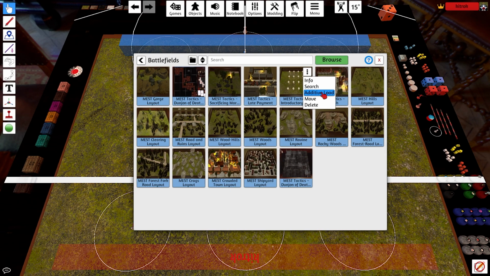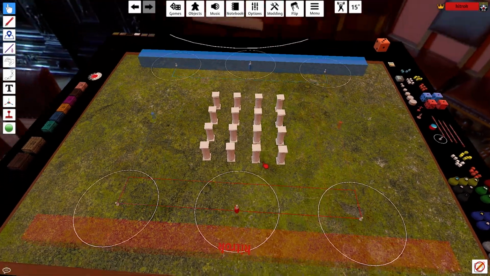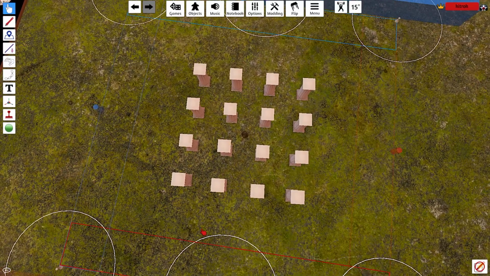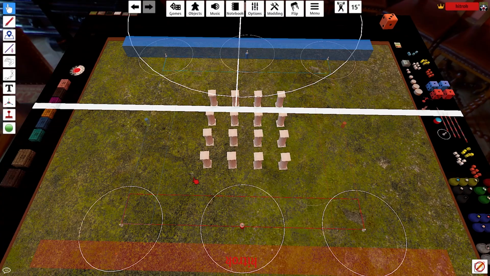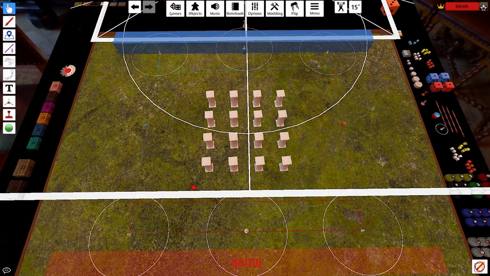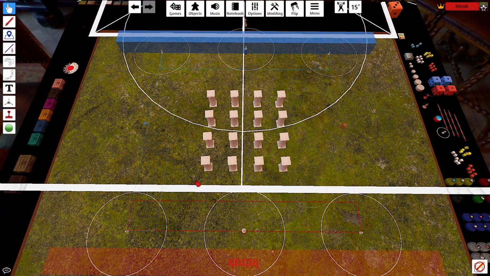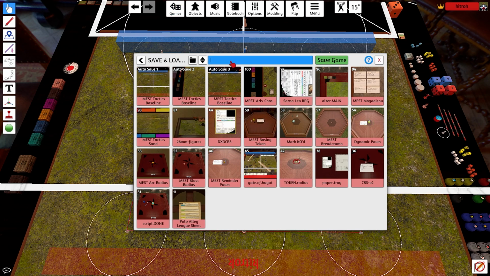A layout in this case is everything that you see in the virtual space, right? So I want to additively load. Now you see that I have my 2x2 battlefield layout of my arena of death, or the pit. With that in place, maybe I want to keep this for future scenarios. Tabletop Simulator provides you a way to save your current configuration. You can go to Games, do Save and Load, and you can say, for example,